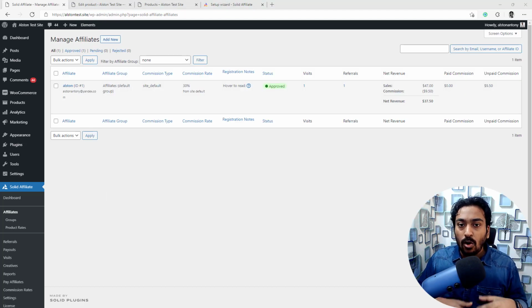Now we have seen all the various different ways of tracking the affiliate commission. Now it might seem confusing. For example, even managing a couple of affiliates with all the different rates and everything might be confusing. But let's say for example, you have hundreds of different affiliates with different custom rules. Again, it's going to make the process complex.